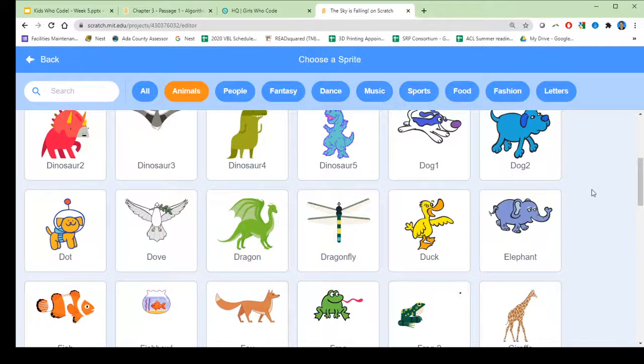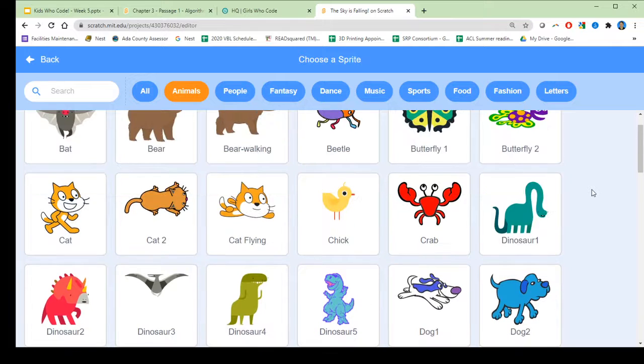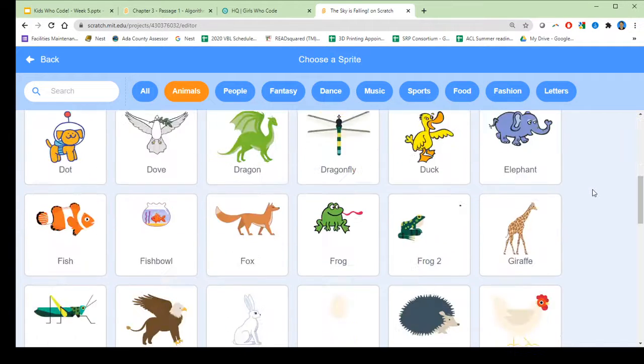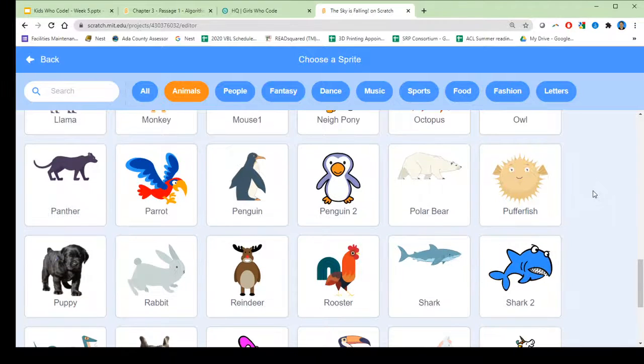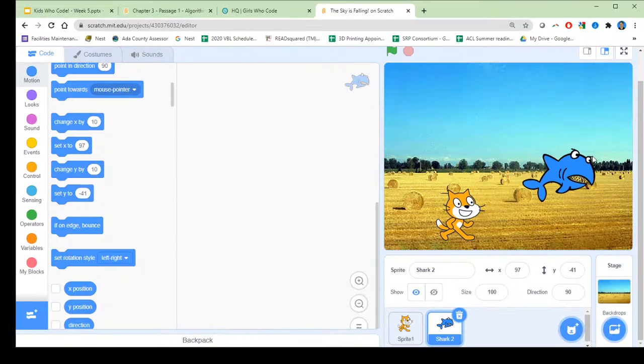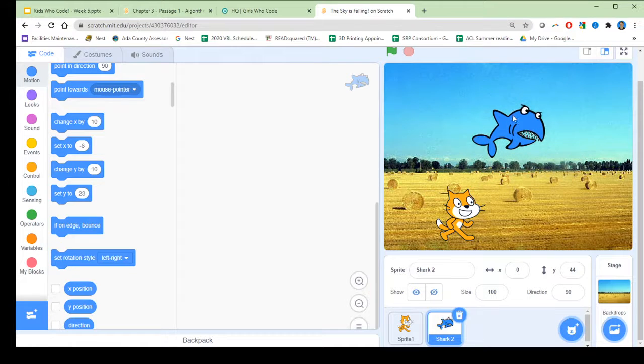Okay, so once you decide on which one you want to be falling from the sky, you can just go ahead and click on it. Okay. And I think I'm going to choose this shark here. Okay. Alright, now the shark's kind of big, so if you want to change the size of your sprite, you can always go over here